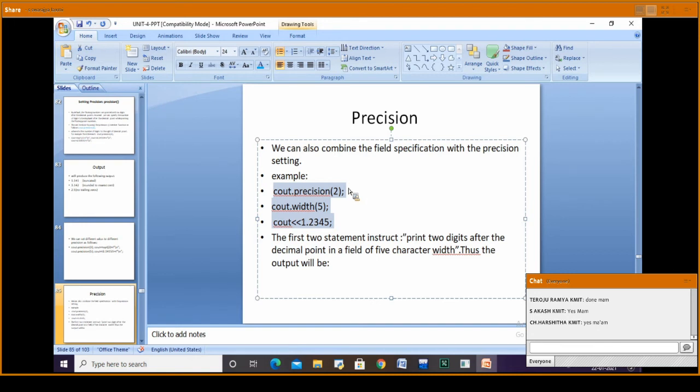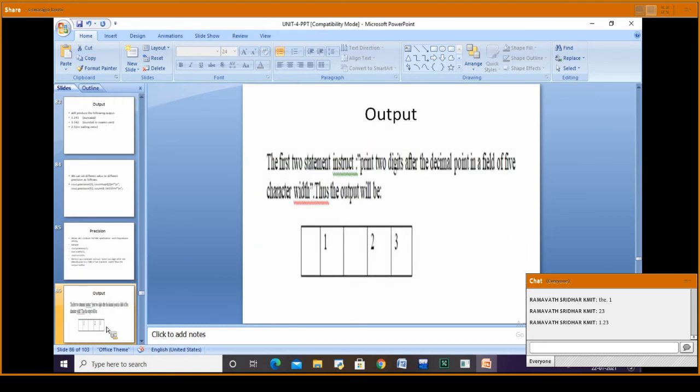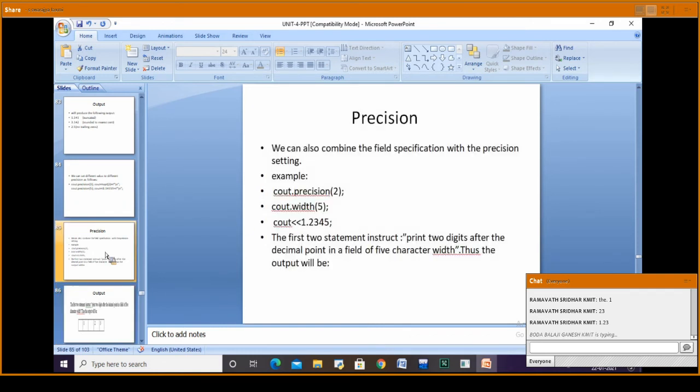With cout dot precision of 2, it prints 2 digits after the decimal point, and we are specifying the width as 5. So it will be 1, point, after that 2, 3. Is it clear? The output will be like this.